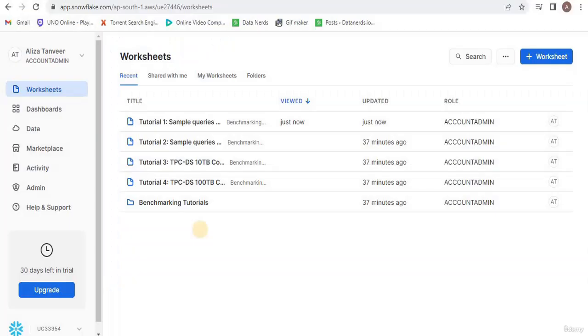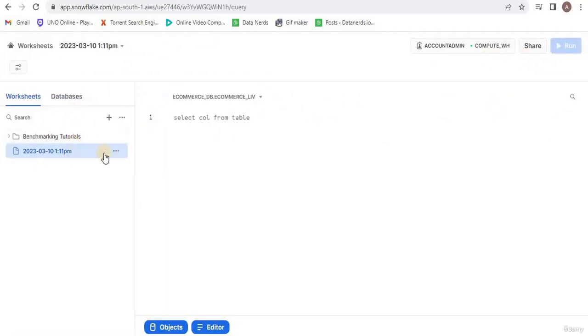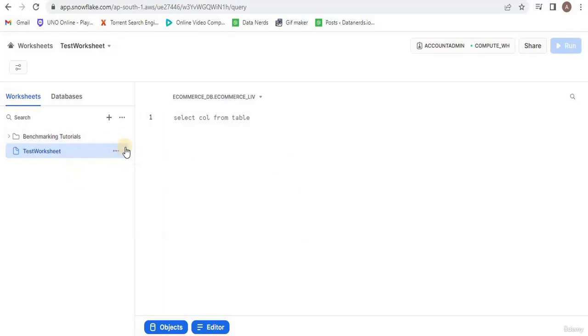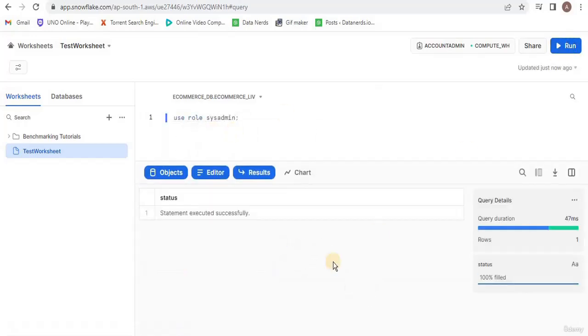As I have already discussed, in Snowflake there are three basic types of tables: permanent tables, temporary tables, and transient tables. We will start by creating a worksheet, and for that click the worksheet button, and you can also give a name to your worksheet. After giving a suitable name, you will have the workspace where we will start writing the SQL commands. Firstly, I will switch the role to sysadmin, and make sure that you create all the databases and schemas in the sysadmin role and not in the account admin role.